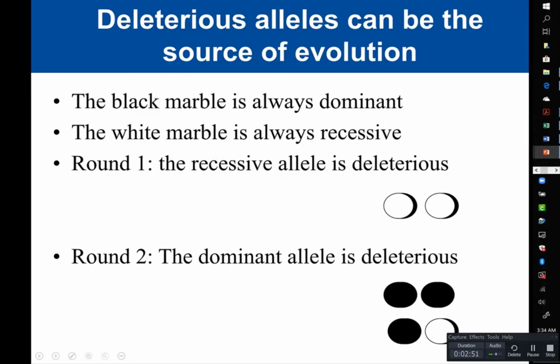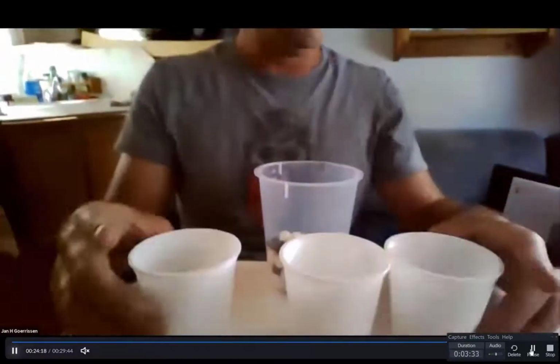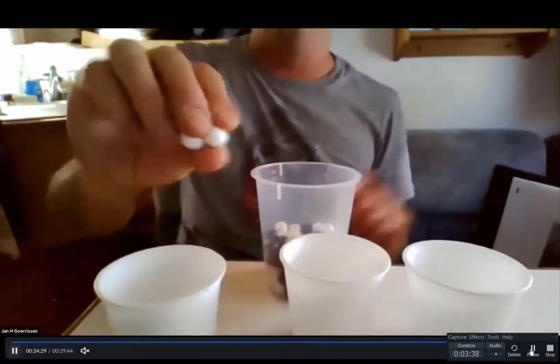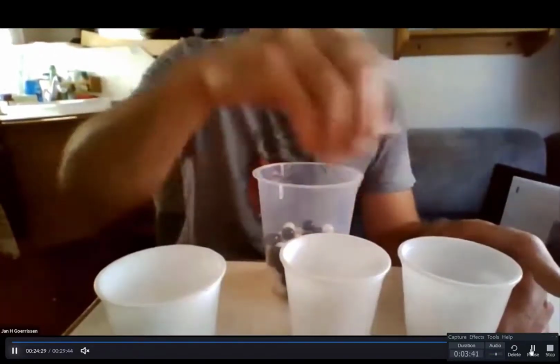What we're going to look at is, when we draw our marbles, how many generations does it take to remove the dominant allele from our population. So let's look at that experiment. Okay, so he's starting with his population again, and he's shaking them up to make the process random. He's going to pull out marble pairs, and you're going to record this in table 12-2. So these are going to be your cups, and you're going to record the number of homozygous dominant. So we have homozygous recessive, there's one,